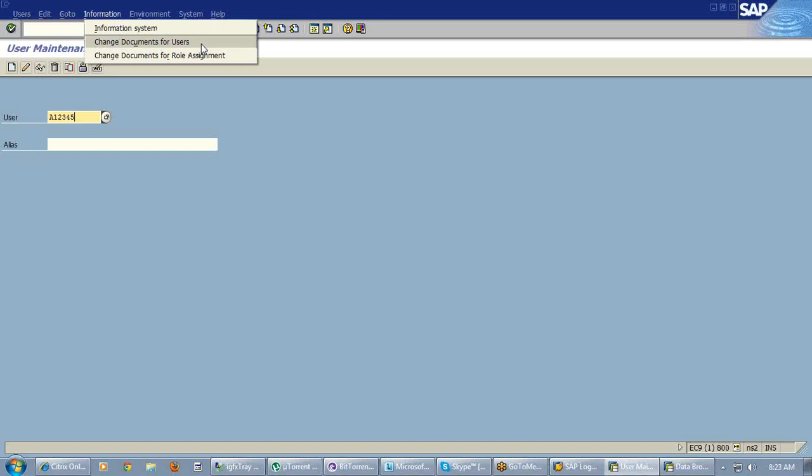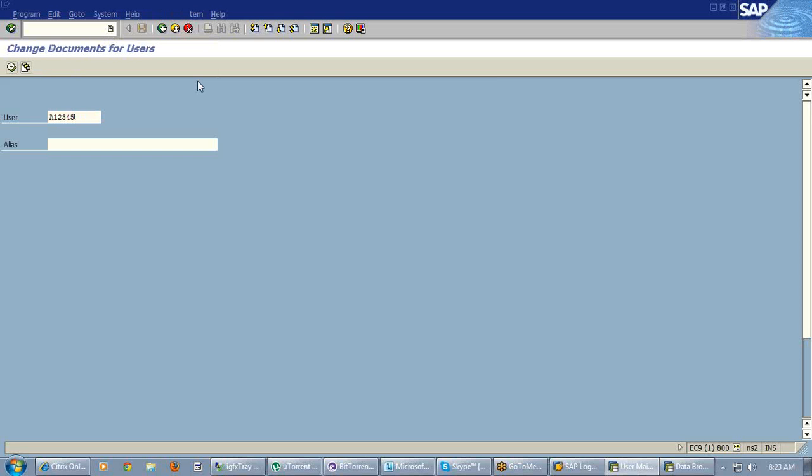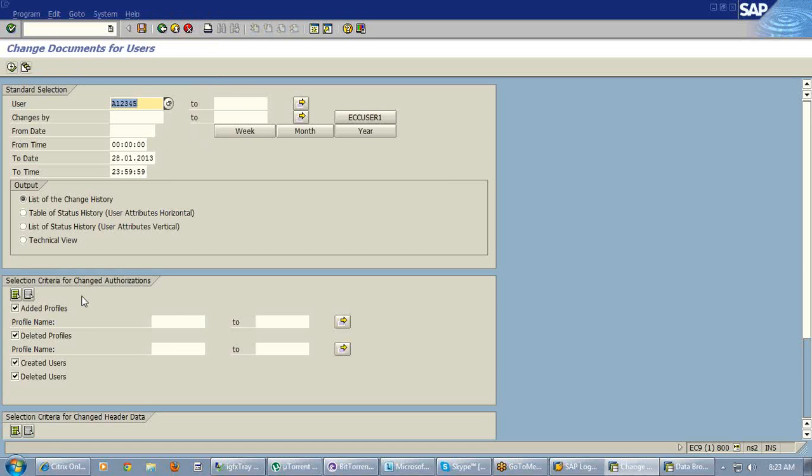If you go to change documents for users, here we can find based on date wise, week wise, month wise or year wise. So here if you choose execute,